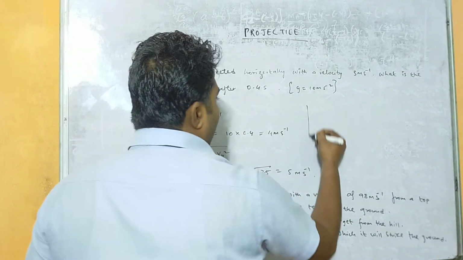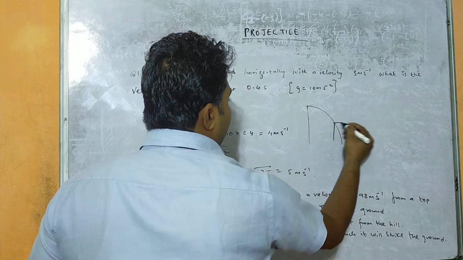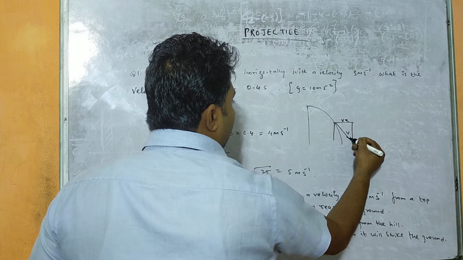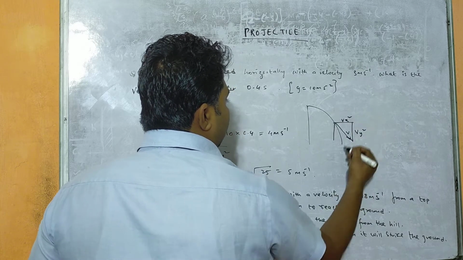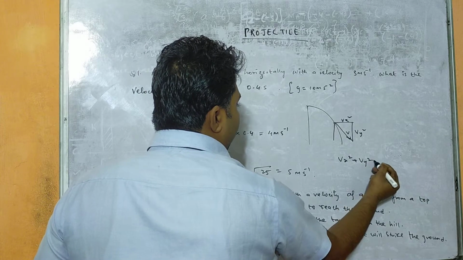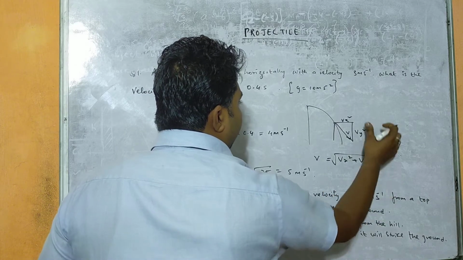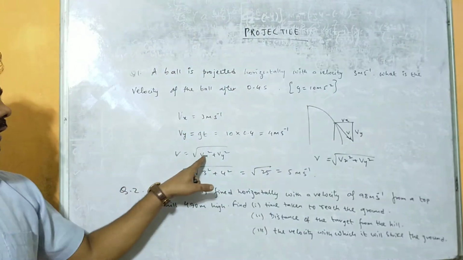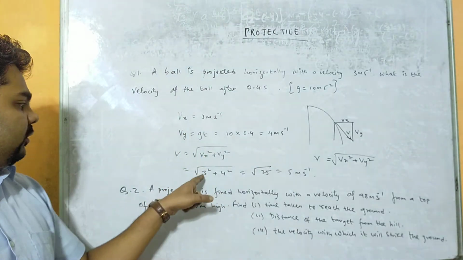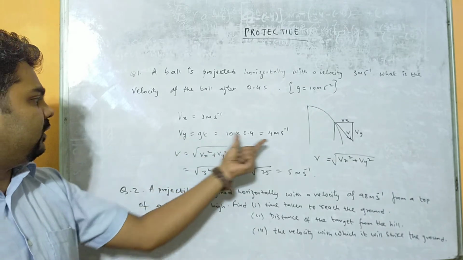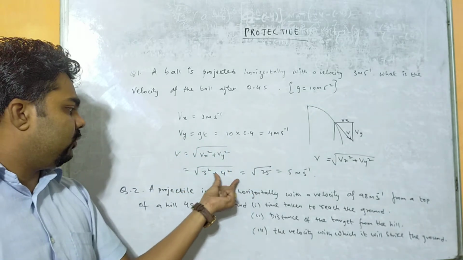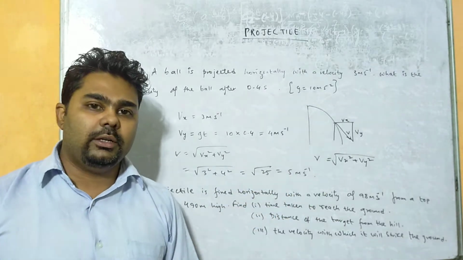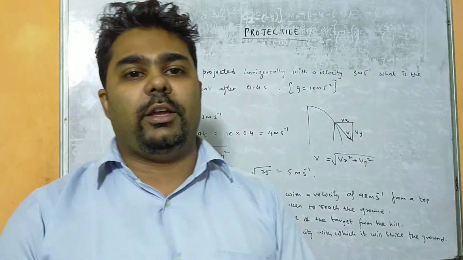And we know when an object falls from a certain height, the instantaneous velocity v is equal to the square root of vx square plus vy square, right? So this v, the instantaneous velocity, we have to find. vx is 3, so 3 square, and vy is gt, here 4 meter per second. That means 3 square plus 4 square, that is 9 plus 16, 25, and root under 25 is 5 meter per second, right? So this is the velocity with which it strikes the ground.